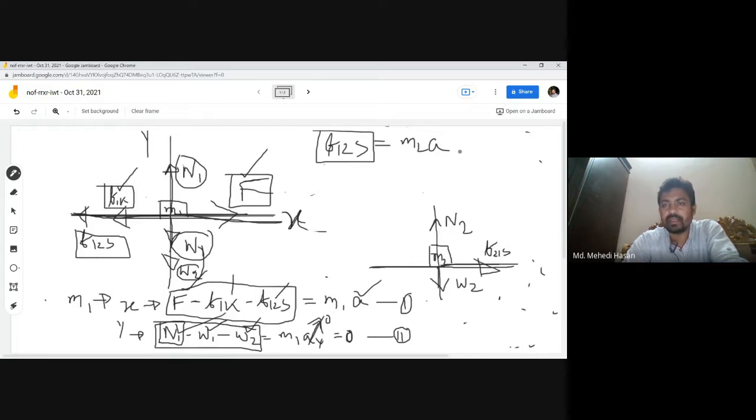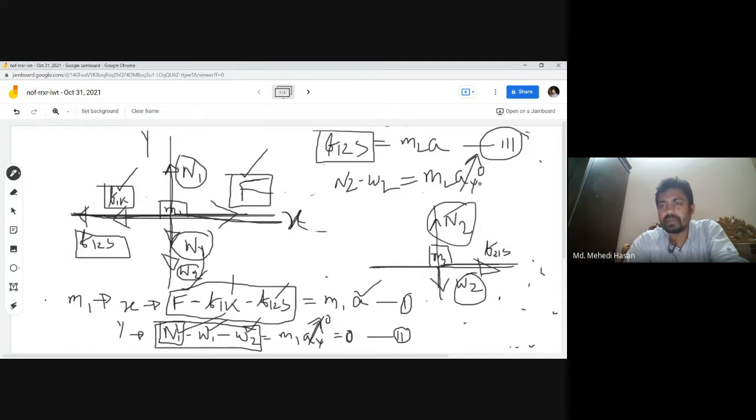So this is equation number 3, and along the y axis which is N2 minus W2, দেখো দুইটা ফোর্সই কাজ করতেছে এবং একটা পজিটিভ একটা নেগেটিভ, it will be equal to M2 ay. সো এখানেও a2y যে 0, তো সেই ক্ষেত্রে দিস ইজ ইকুয়াল টু 0। এখন M1 আর M2 একই অ্যাক্সিলারেশনে যাচ্ছে, সো দ্যাটস ওয়াই এখানে অ্যাক্সিলারেশন a আর এখানেও অ্যাক্সিলারেশন a।